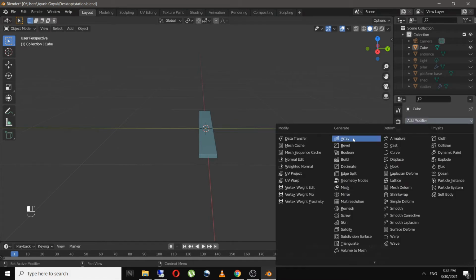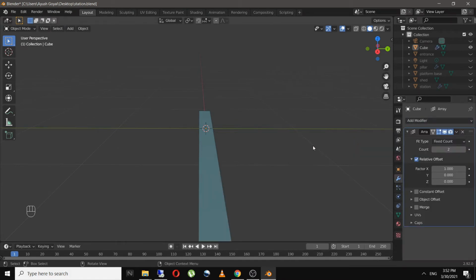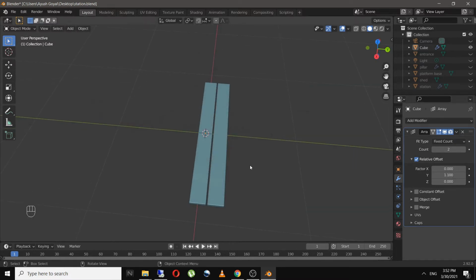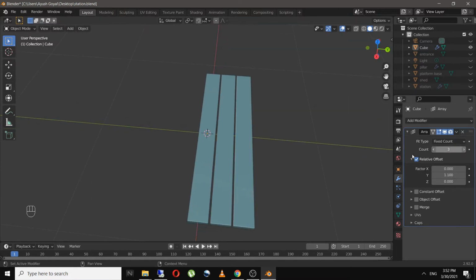And then I will add in the array modifier on y direction. So I will put the x as 0 and y as 1, and I will increase the count to 3.